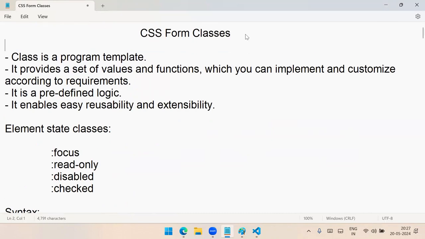So CSS has a lot of classes. You haven't learned all the classes. You have learned only the classes which are related to forms. The other classes you will learn later in CSS. Now, this is also not enough. This is validation as element state related behavior, but still these are not enough to make a form good in appearance. Then usually what we do is we use